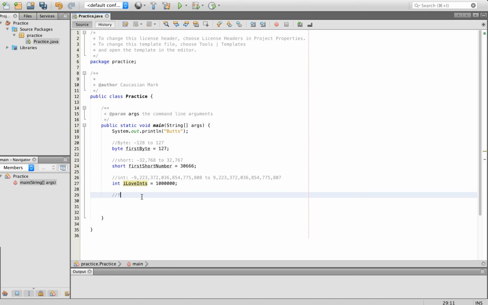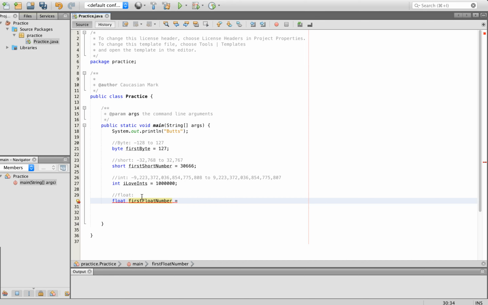So the next one we're going to go to is a float. Now floats are interesting because these are decimal points. And so I'll show you for a second here. So first float number, let's do, I don't know, 10.465. And we see we get an error there. Now, the width of a float is pretty respectably large as well. It's about the same number of bytes as an integer, but I'm not going to type them all out for now,